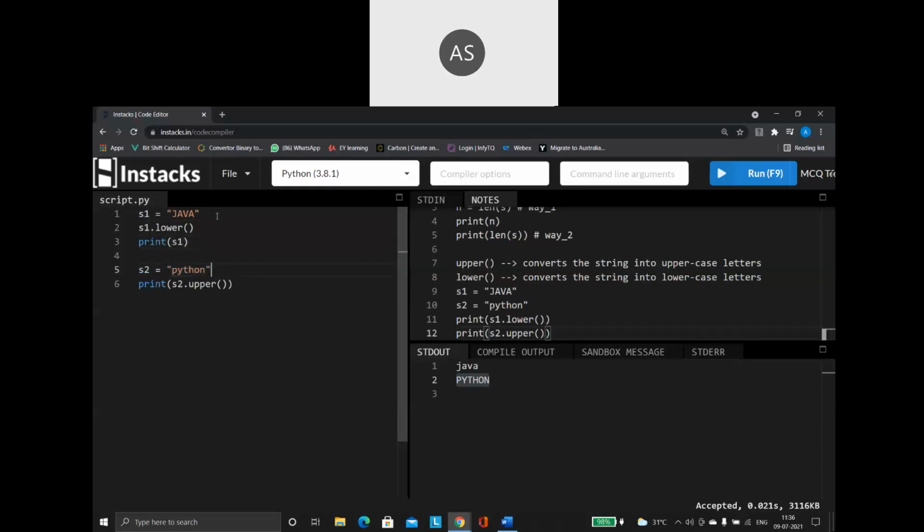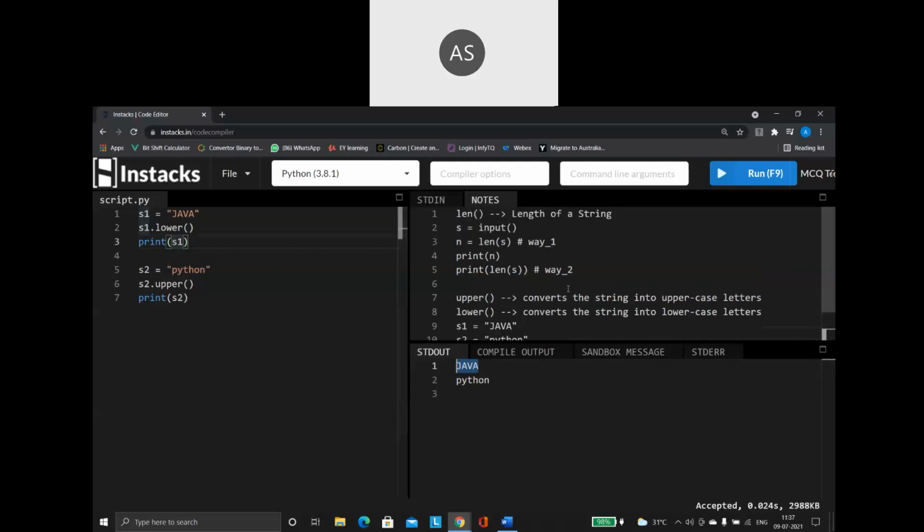Same way, I say S2 dot upper, then I print S2. Now when I run the program, see what the output is. The original string is not changing at all. Even if I give S1 dot lower, after I print S1, it prints in uppercase only. It is not converting into lowercase.